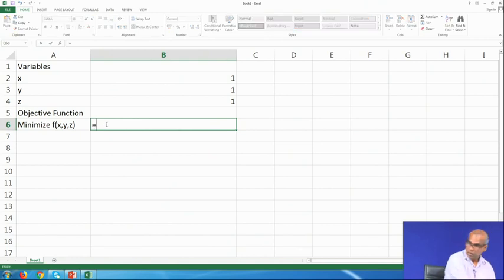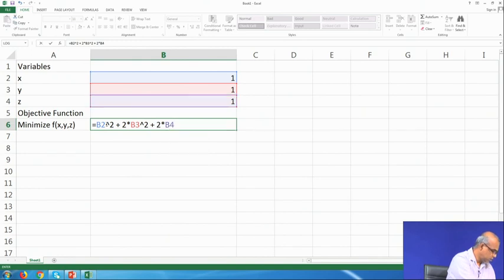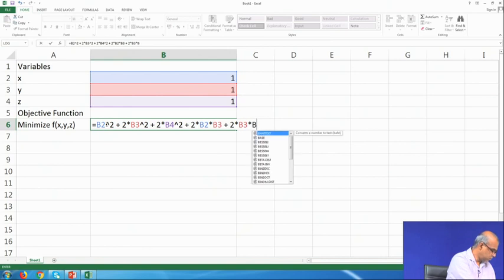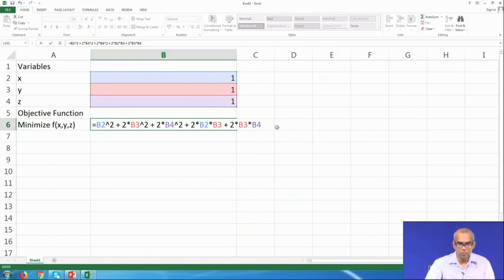The objective function is x square, that means B2 square, plus 2 y square, that means 2 into B3 square, plus 2 z square, that means 2 into B4 square, plus 2 x y, 2 into B2 into B3, plus 2 y z, that means 2 into B3 into B4.